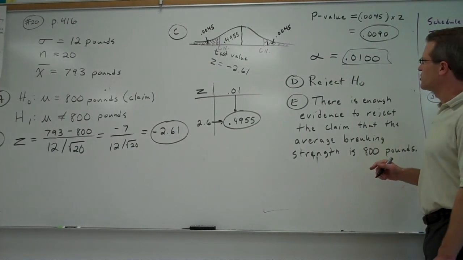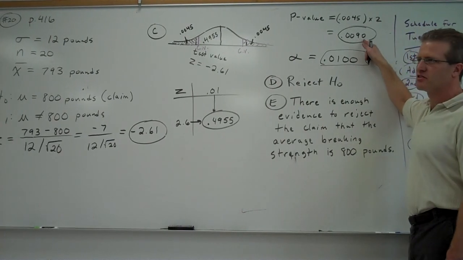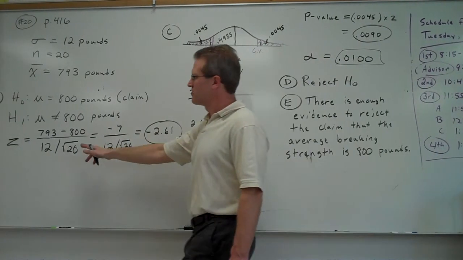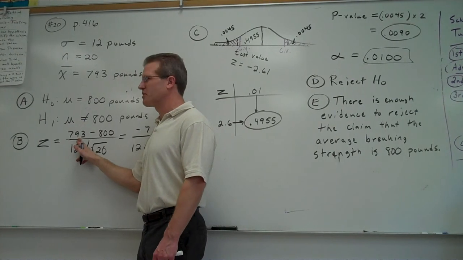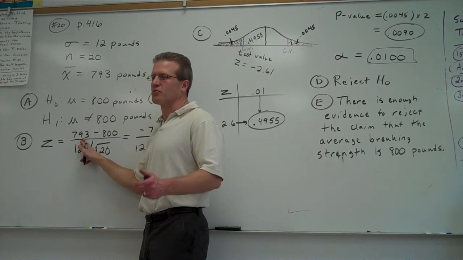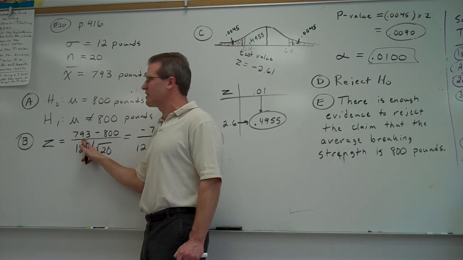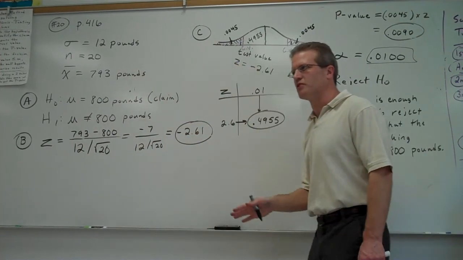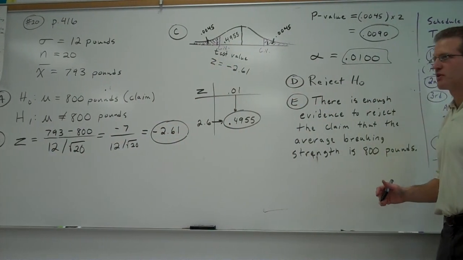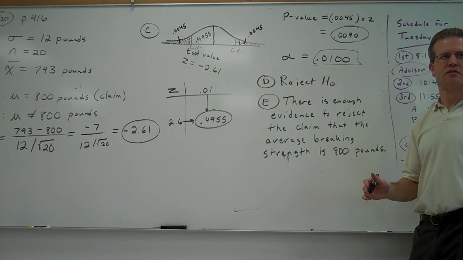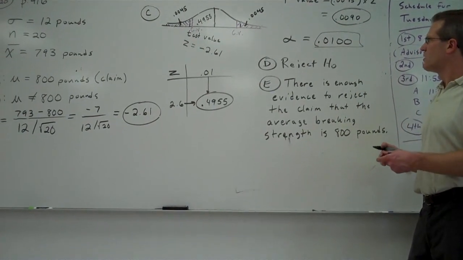But we know that the chances, 90 out of 10,000, that we would get something like 793 or more extreme, if it really is 800, is not very likely, so it looks pretty unlikely that it's 800 pounds. But we haven't really proved it. Any questions? That's good. Okay, so what